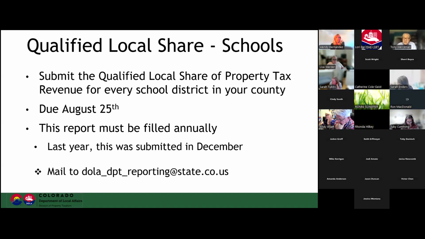From now on, from this year going forward, this report is going to be due to us by August 25th. All right, at the same time you're doing all of your other reporting. Again, this report is something you've already done, and you're going to mail this report to the reporting mailbox that we've set up. And when you're sending these various reports and information to the reporting mailbox,